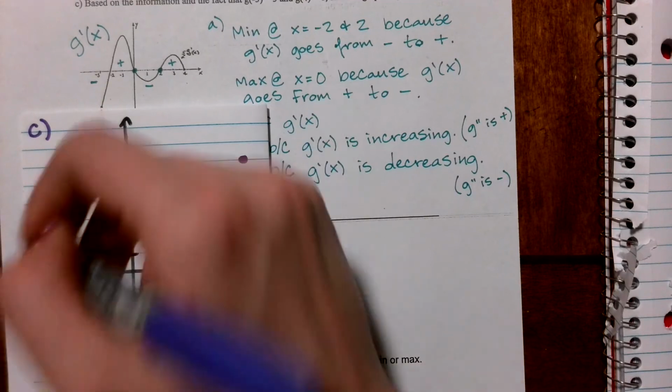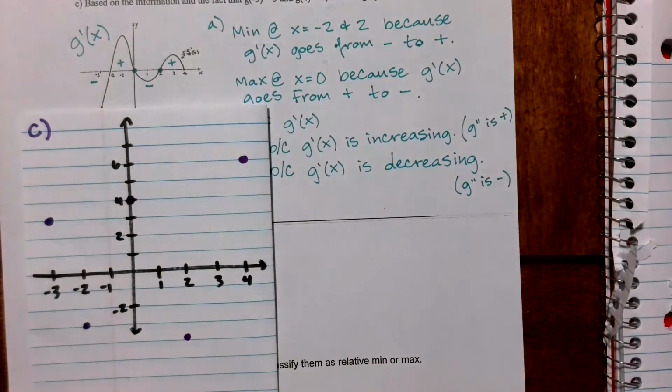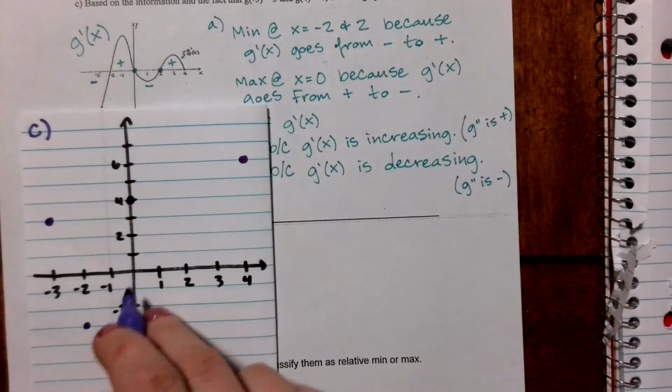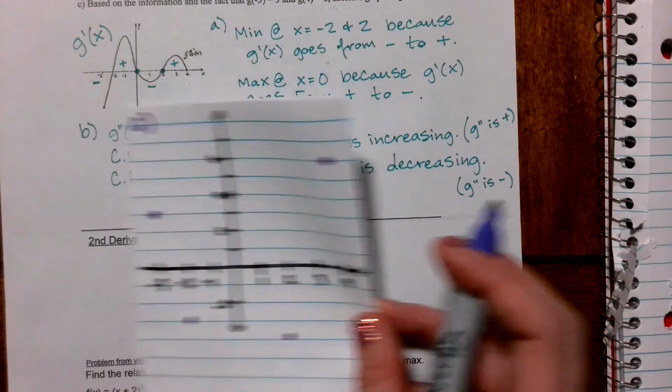Then we've got a max at 0, and same thing, I would go ahead and put it somewhere above the x-axis. Doesn't mean that that's actually where it's at, but we do know that it's higher than the other points in its area because it's a relative max. Okay, so this gives us a general sense for what we're doing, but then we can also use the fact